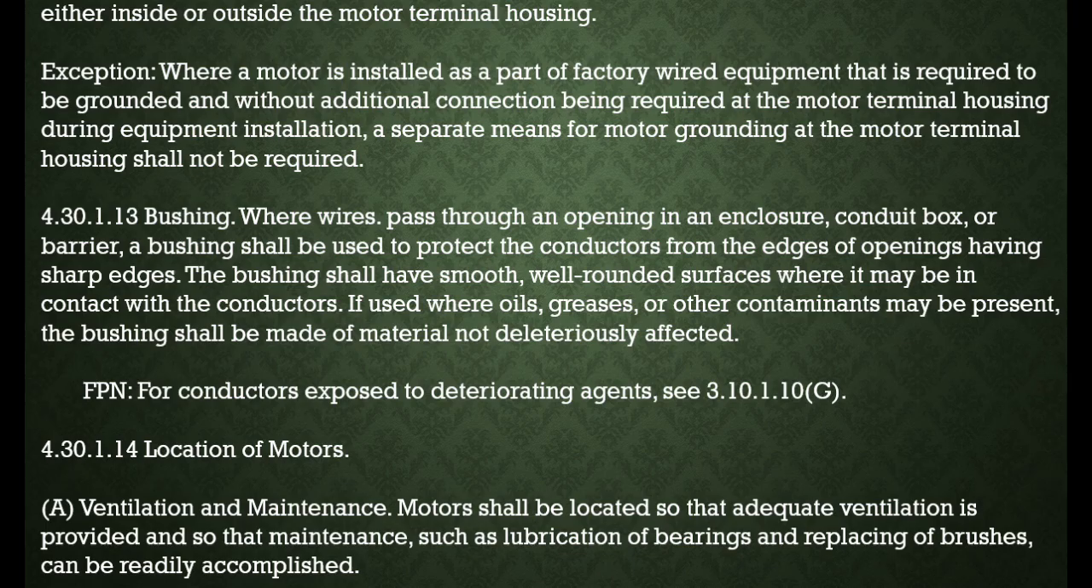Exception: where a motor is installed as a part of factory wired equipment that is required to be grounded and without additional connection being required at the motor terminal housing during equipment installation, a separate means for motor grounding at the motor terminal housing shall not be required. So, if a factory wired motor is grounded and needs no extra terminal housing connection,